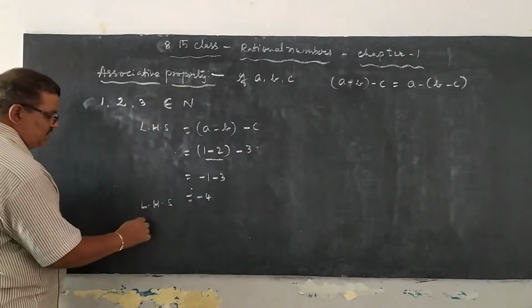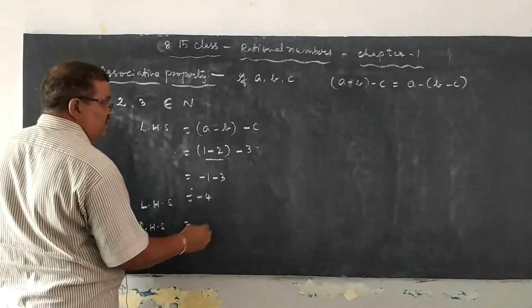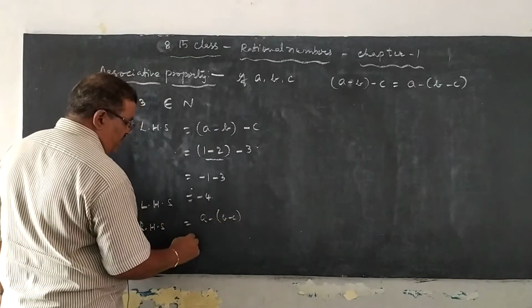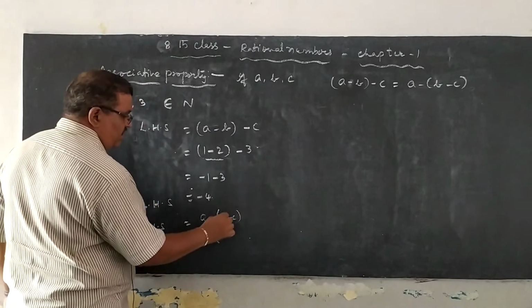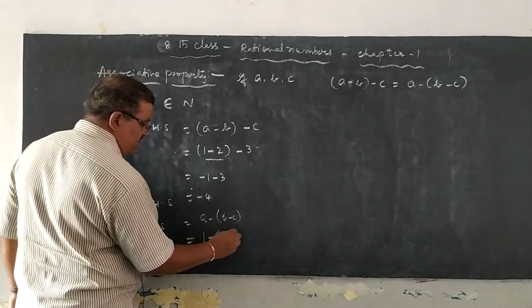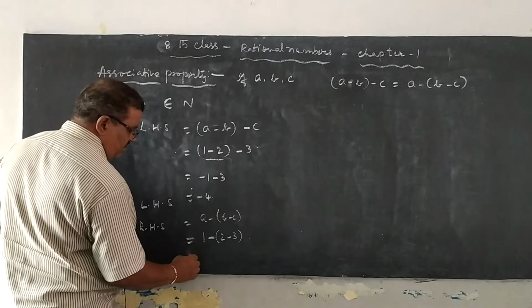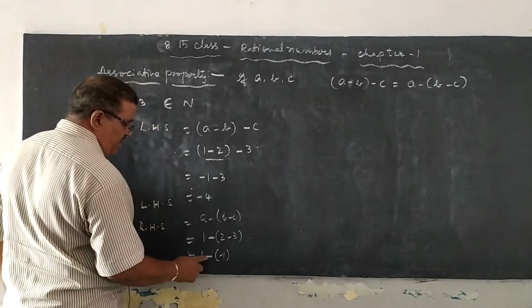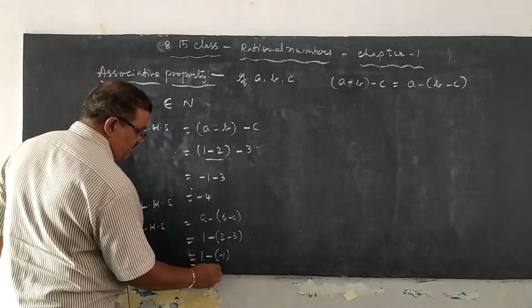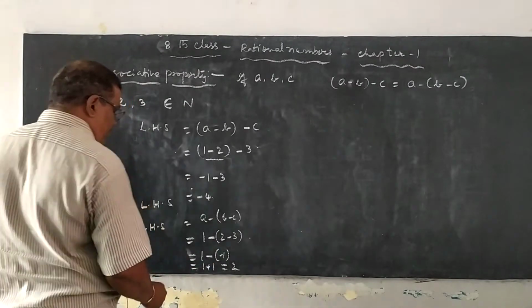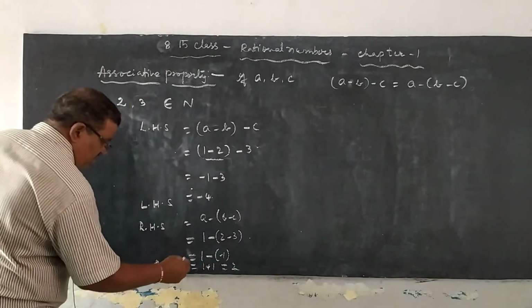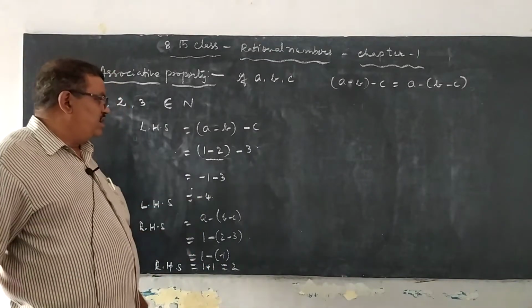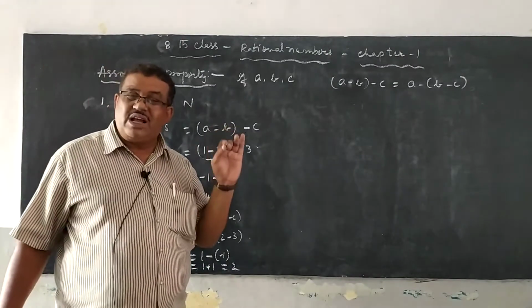Now go through the RHS. RHS is A minus, B minus C. What is A here? 1, minus B is 2 minus 3. That is 2 minus 3, which is minus 1. 1 minus of minus 1, that is 1 plus 1, which is 2. So therefore LHS is minus 4, RHS is 2. So clearly the set of natural numbers will not satisfy the